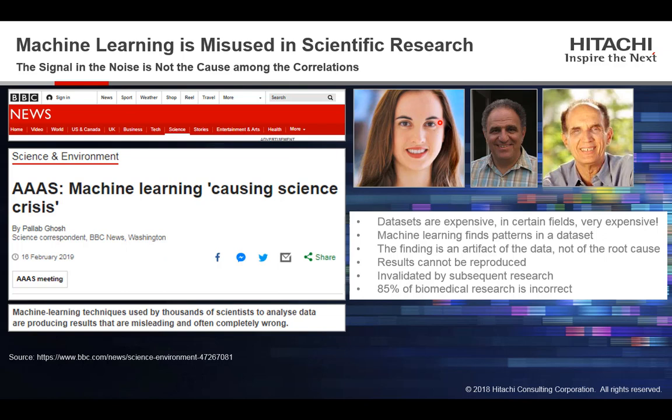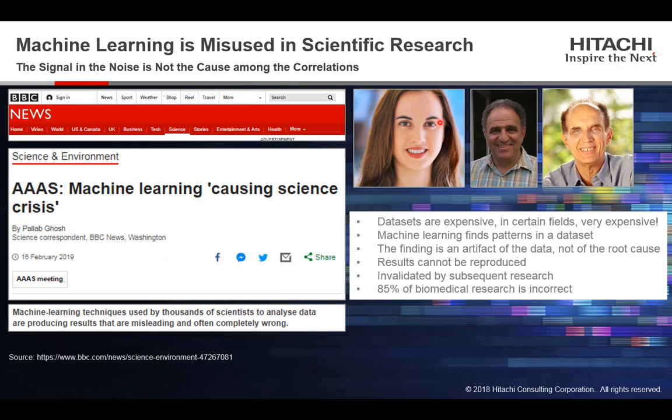And Genevera gave a speech at the AAAS conference, and she said, listen, there's lots of falsifiable research being published, and this will not do. And there's a reason for it. Data sets for certain problems, astrophysics, genomics, and so forth, are very expensive. And so it's compelling to take someone else's data set and apply machine learning techniques to it and try to reach some new conclusions. The problem is machine learning, as I've just showed you, has no insight whatsoever into root